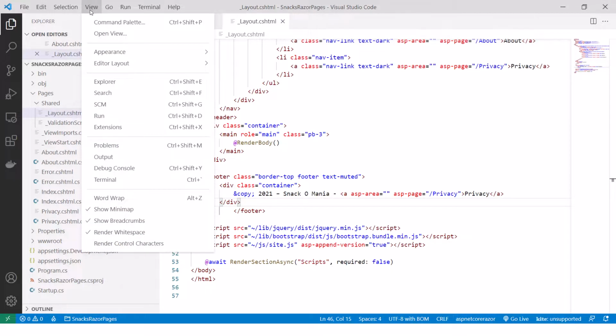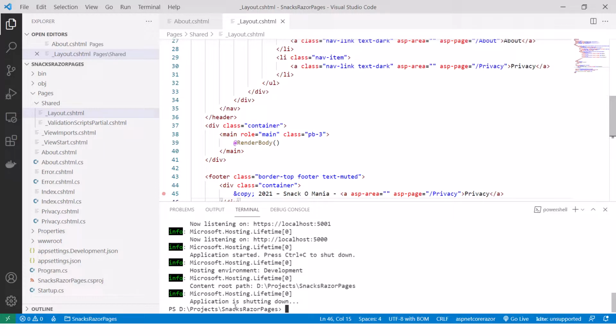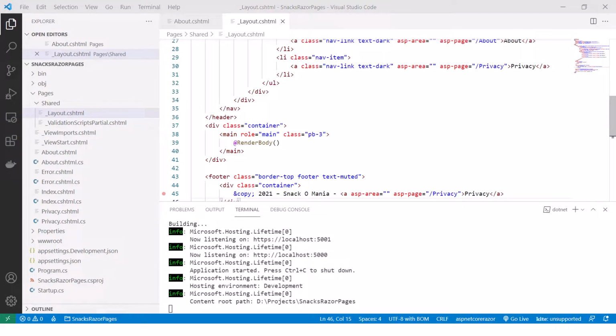So click on View and then get the output terminal, and it was already running. So I will just stop it. I will rebuild it. Application is shutting down, and then the up and down arrow on the keyboard will get me all the commands that I have run, and click on enter. It will build again, and it is now starting to listen again on this link. Follow this link, Control and click, and